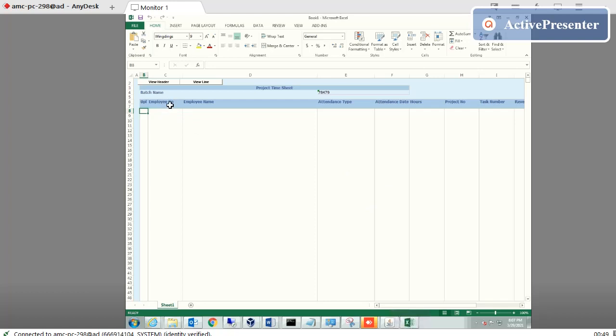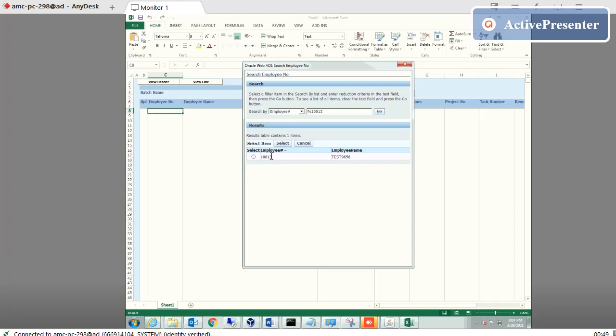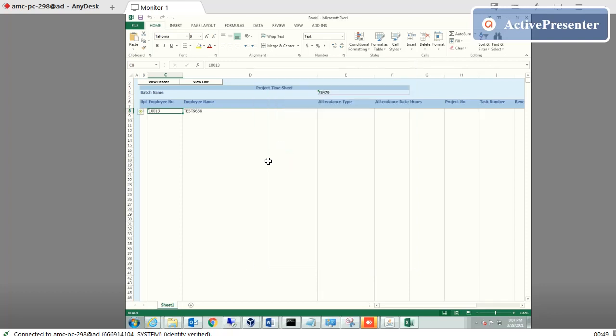First of all, I double click on this one. It gives me the employee number. If I have 10013, this is the employee number. I will select this employee number. There is one list and another regular. This is a list of values I have created. I will show you how it is created.